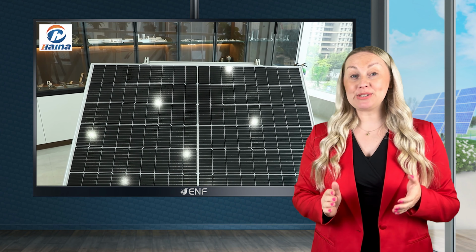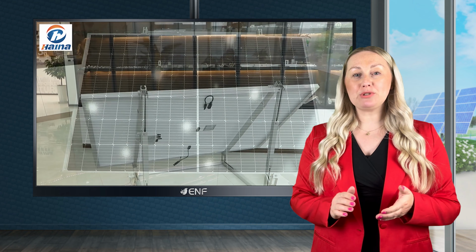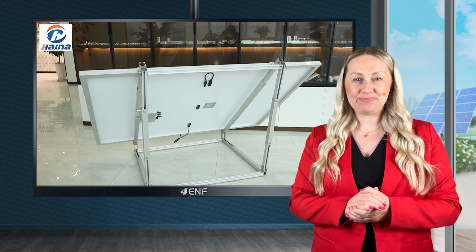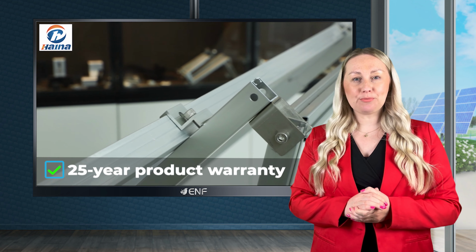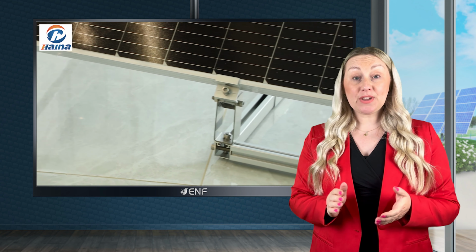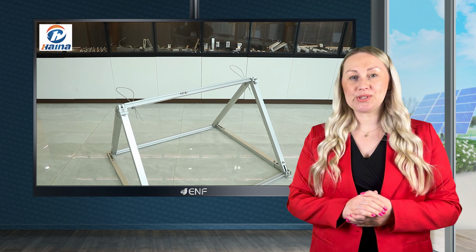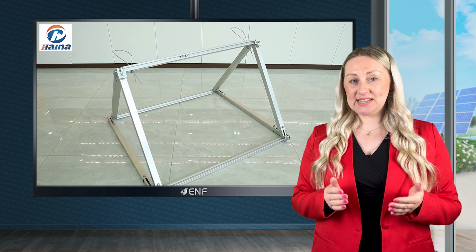Introducing the aluminium solar farm mounting system from Haina Solar, engineered for maximum durability and efficiency. With a robust design and a 25-year product warranty, this system offers peace of mind and long-term reliability. Designed for easy, secure installation, it also features a Class A fire rating, making it suitable for a variety of